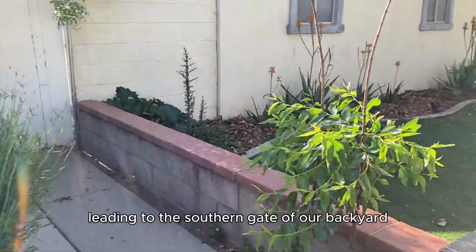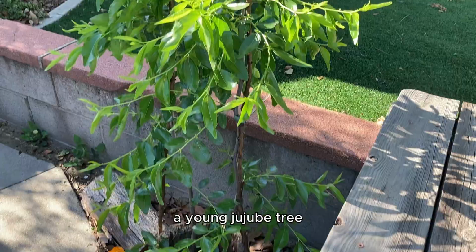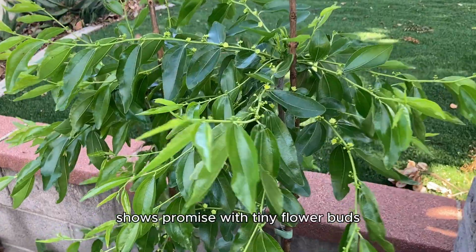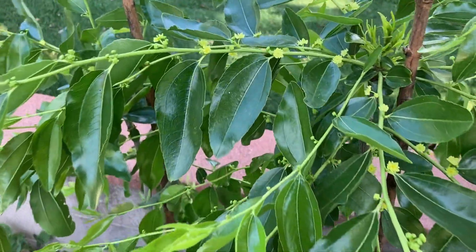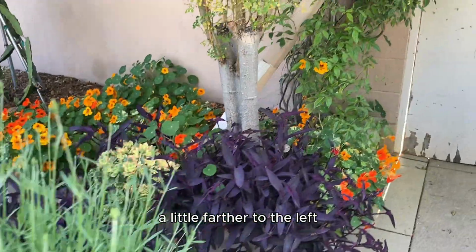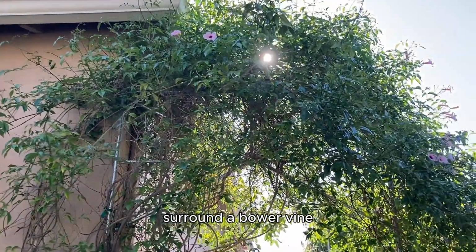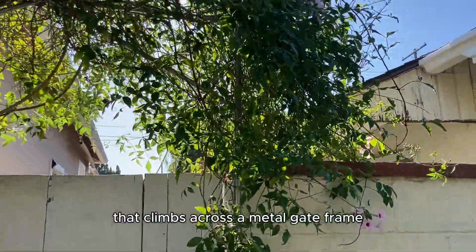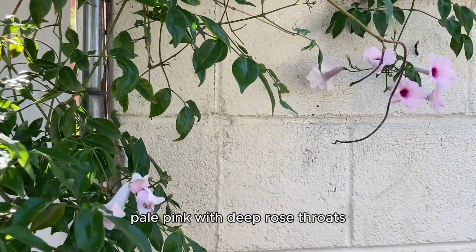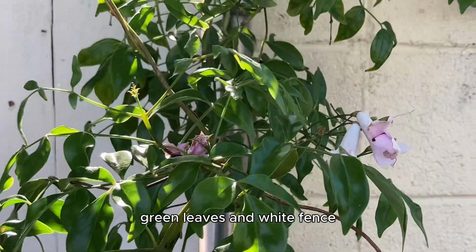Across the small path leading to the southern gate of our backyard, a young jujube tree, 4 years old and propagated from an older one, shows promise with tiny flower buds. Perhaps this will be the year it fruits. A little farther to the left, purple heart and more nasturtium surround a bower vine that climbs across a metal gate frame. Its trumpet-shaped flowers, pale pink with deep rose throats, create a vibrant contrast against glossy green leaves and